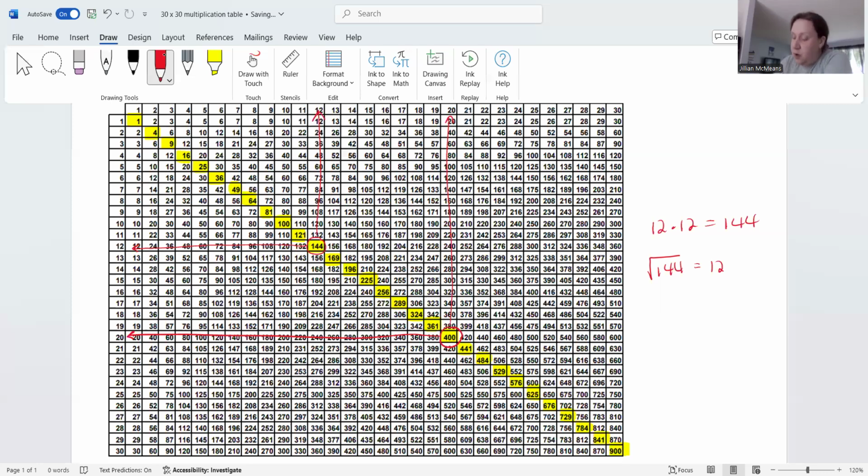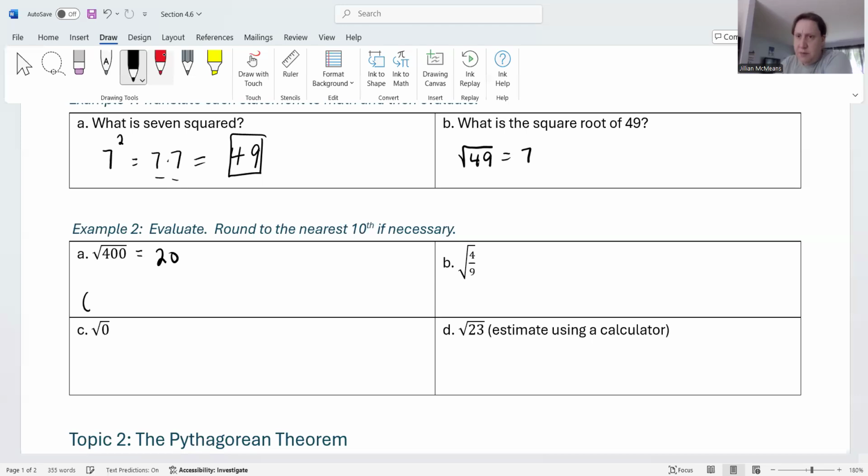So the square root of 400 is 20. And you don't have to put this, but this is because 20 times 20 is 400. Okay. Now, it is not uncommon to see a fraction with a radical symbol, a square root symbol